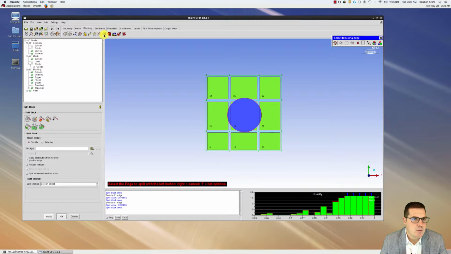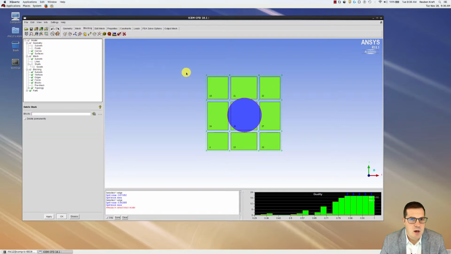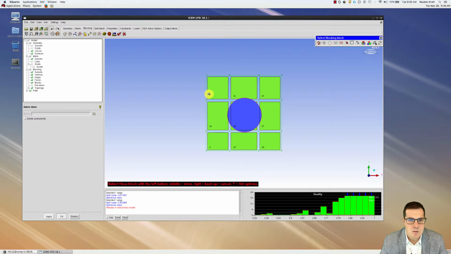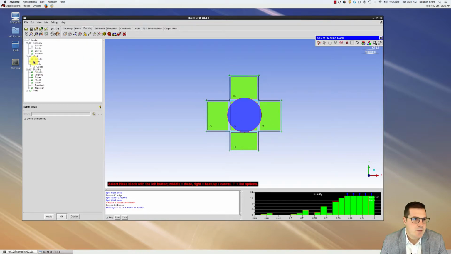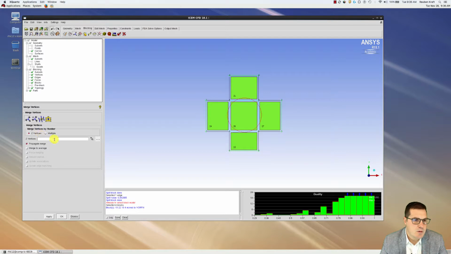Okay. So there we want to delete a block. So we select this, this, this, this, accept, and then you're left with this structure. Okay. And this is one block in the middle with each face having an extrusion. And what we're going to do now is merge these vertices. Okay. So to do that, go to vertices on this panel. There's a merge vertices option, and